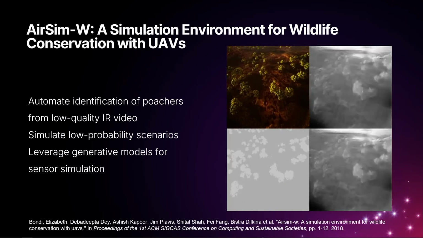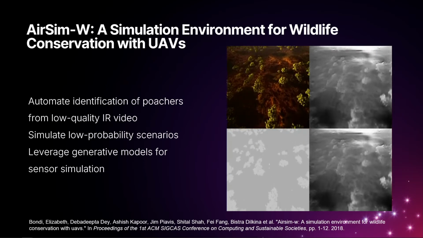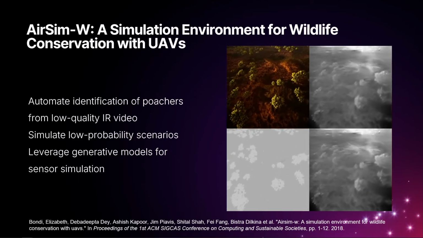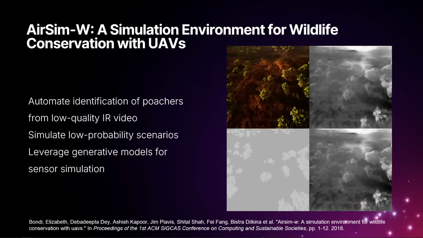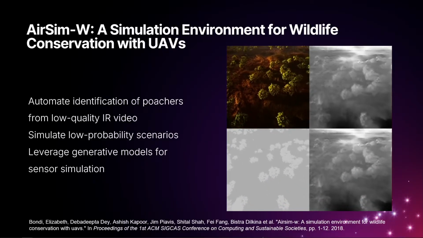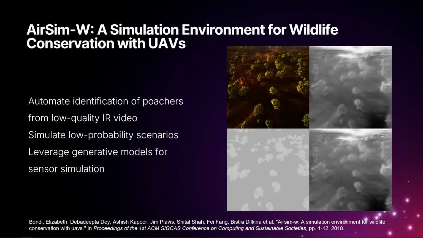And why were the animals critical? Because there was actually a project specifically using AirSim for poacher detection from infrared video. And on the surface level, it's a hard problem, right? So you have to look at infrared imagery. You have to understand, okay, how do I detect these little hot spots of humans and not the animals, as your target of interest?